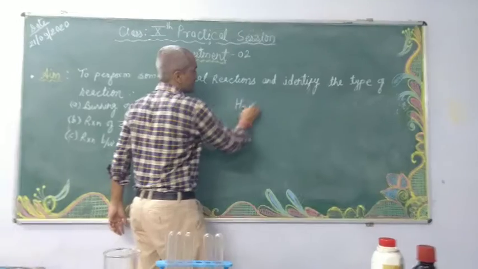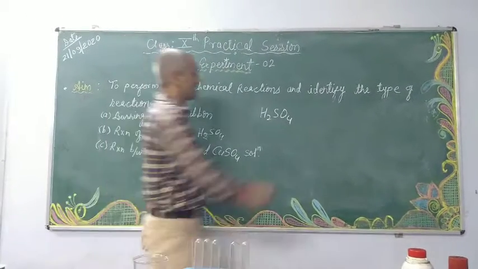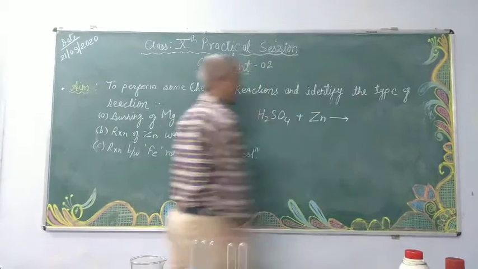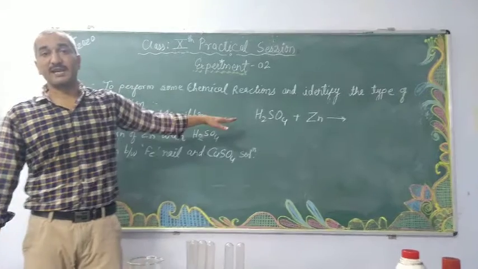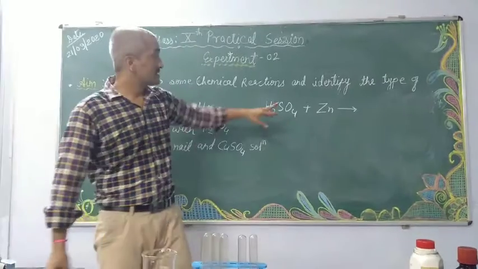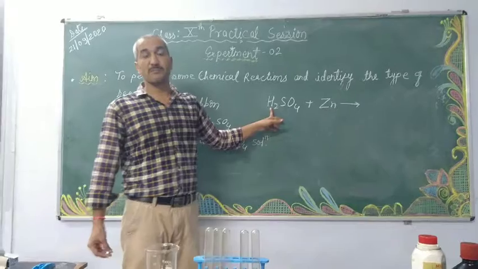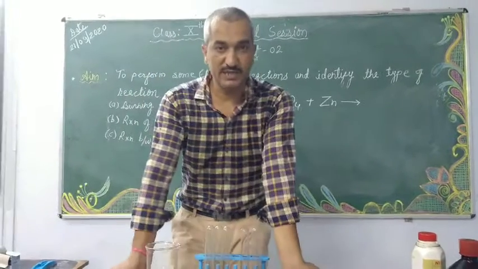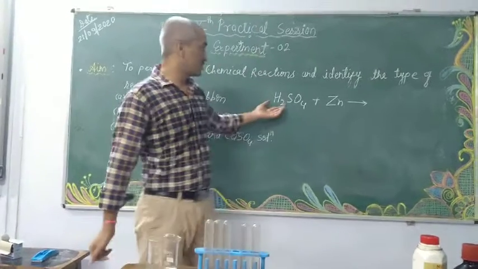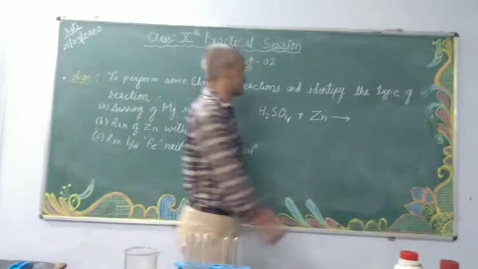We were having this H2SO4, that is dilute sulfuric acid. Got it? And we added the zinc granules to it. And the same reaction has taken place, which we have seen earlier in case of copper sulfate and iron. This zinc is more reactive than hydrogen. So the metals which are more reactive than hydrogen are able to displace hydrogen from the acids. So whenever metal reacts with acid, hydrogen gas is released.